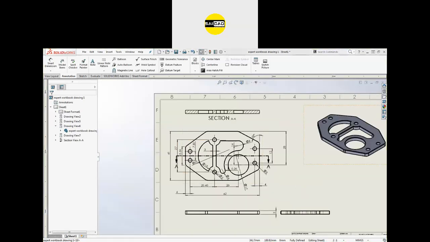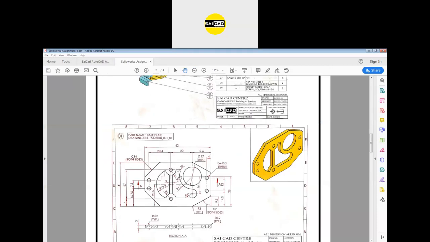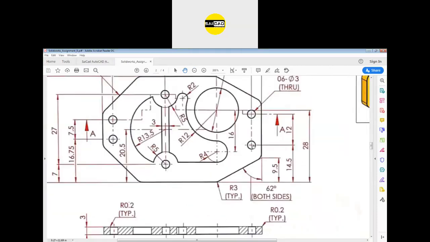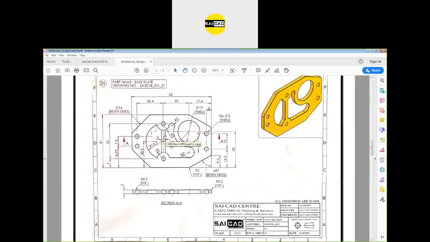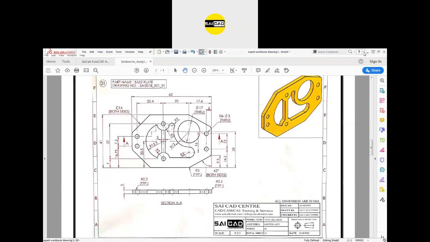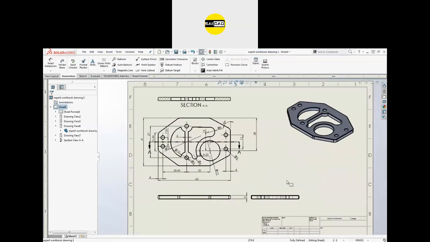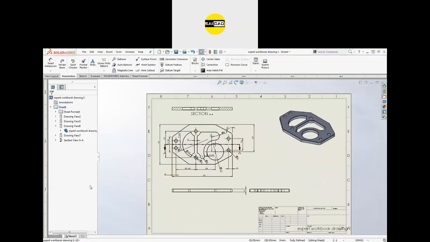If you see the drawing, you can see we have all the dimensions here also. You can see also that we have some colors here. So how to insert the colors inside the drawing? To do that, we have an option here for the layer.